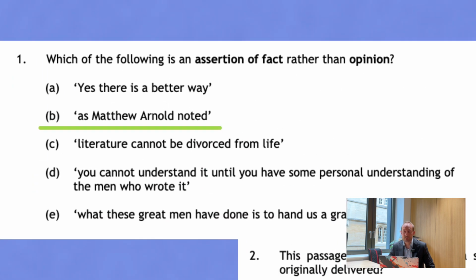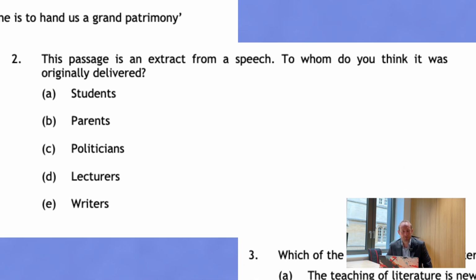Now, I'll be honest, I found that first question relatively straightforward, and some of the questions will be slightly easier than others. And indeed, the whole test is not particularly challenging if you had all the time in the world, but you don't. So you kind of just need to get used to being awfully time constrained. This second question I actually got wrong, in all honesty, because in trying to do it under time conditions,